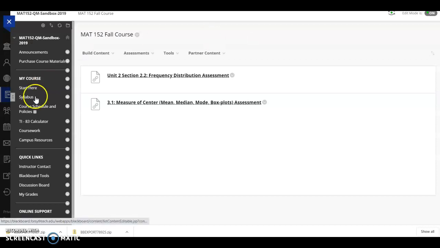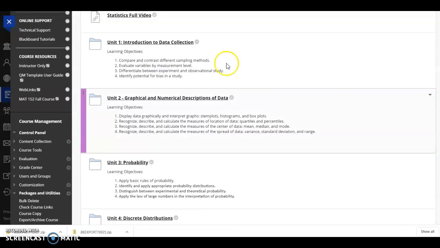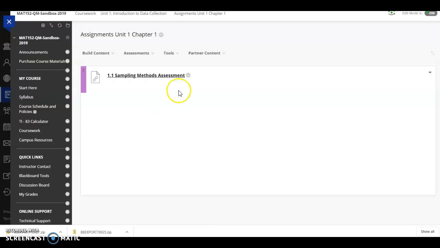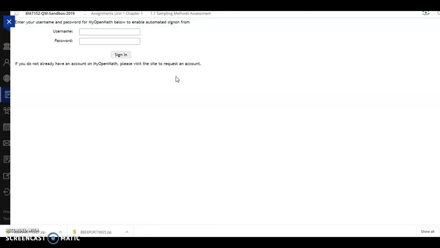The last and most final thing that you have to do before your students can access all of the assessments is you want to go to one of your assignments. So I'll go to this Unit 1, the one that I just put here in assignments. Here's my assessment. When I click on that the very first time, it takes me to this screen. And only the instructor will have to do this, but you want to put your username and password for MyOpenMath here. And once you sign in one time,